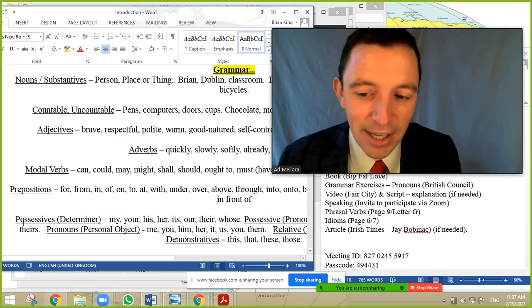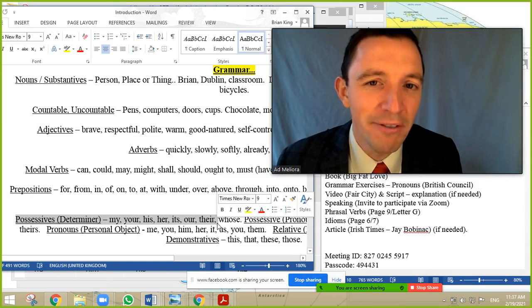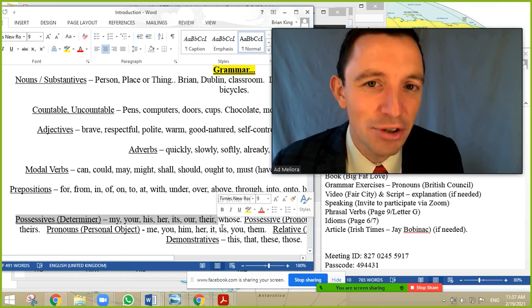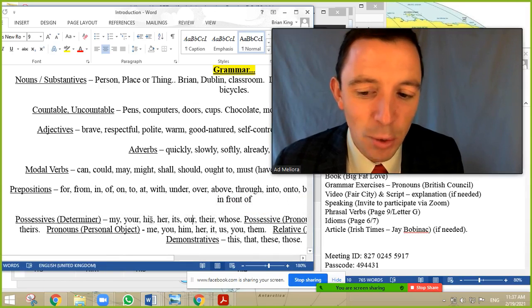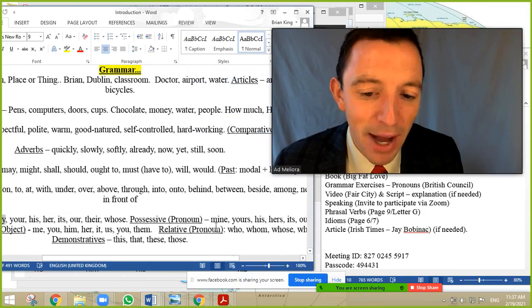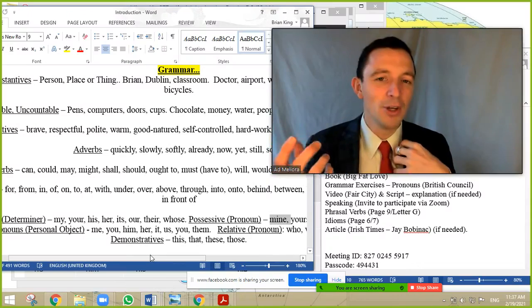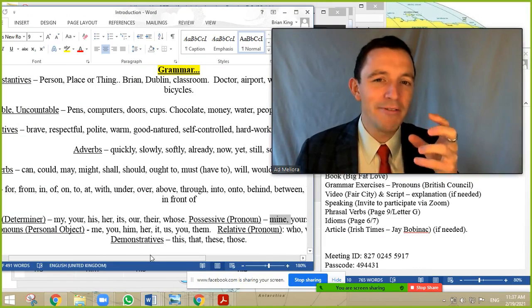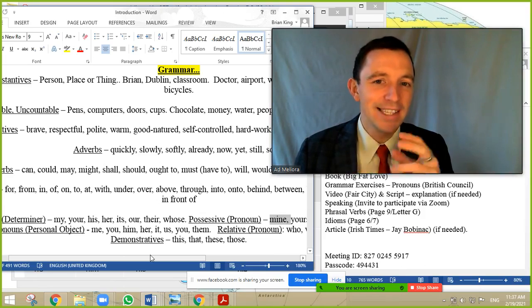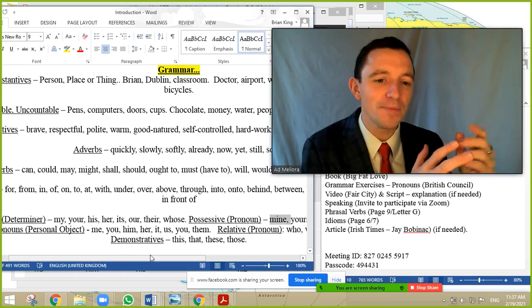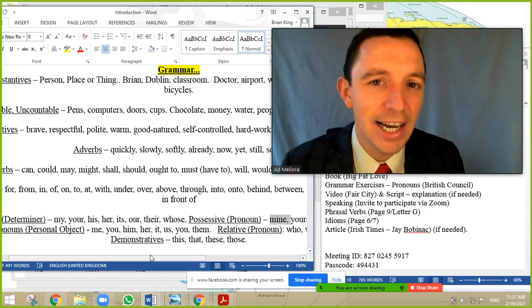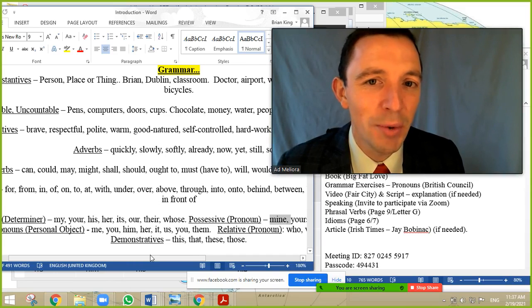Okay, so this area is very, very important to be very clear, and after the introduction we will do an exercise particularly in relation to the pronoun and the subject pronoun. So basically the difference between my hat, your hat, his hat, or the hat is mine, the hat is yours, the hat is his, or give the hat to me, give the hat to him. So it's an area that's normally very confused by a lot of people. It's a typical error a lot, and it's very important to be clear in that area, and today in the exercises we will look a little at that.